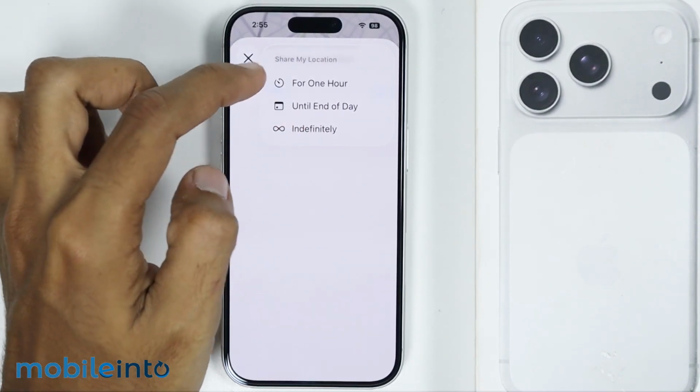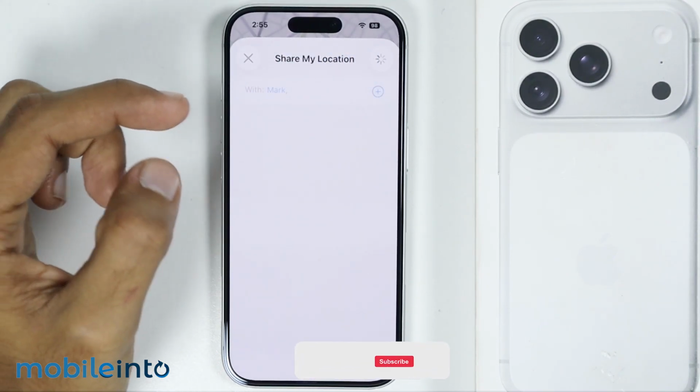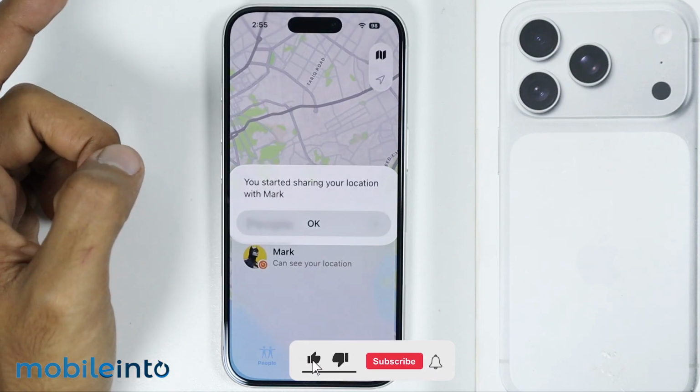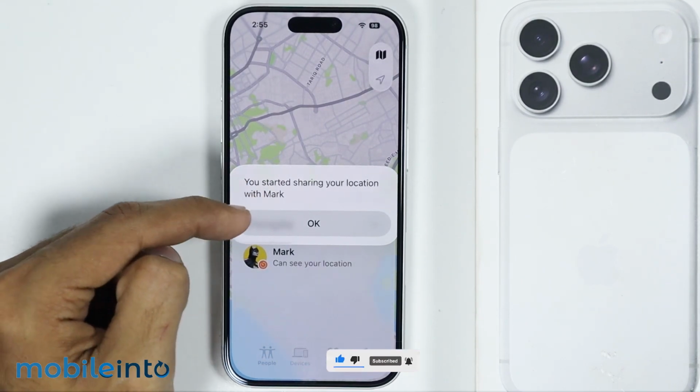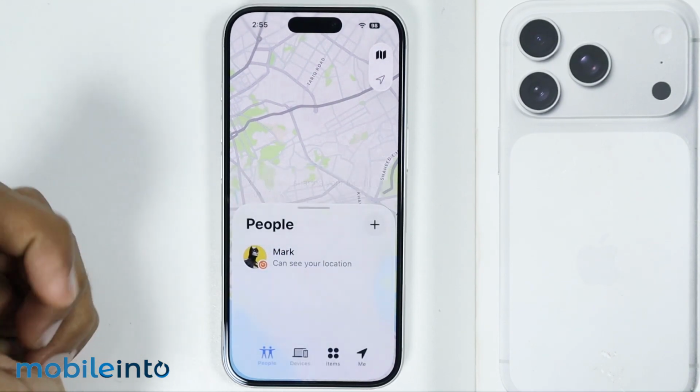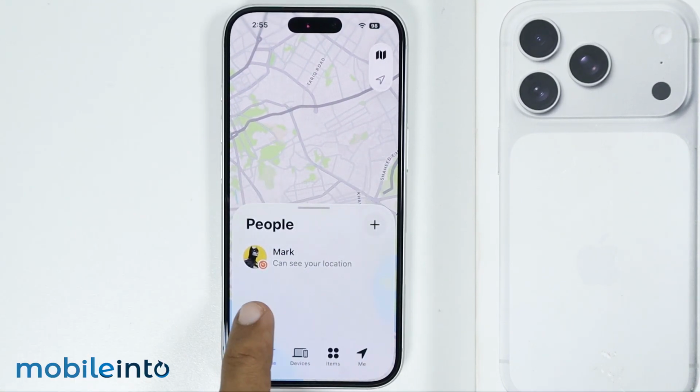Now, for an example, let's select for 1 hour. And by doing that, you will share your location with the selected contact for an hour. As you can see, you started sharing your location with the selected contact. Just tap on Done. And this is how you can share the location on the iPhone 17, 17 Pro and